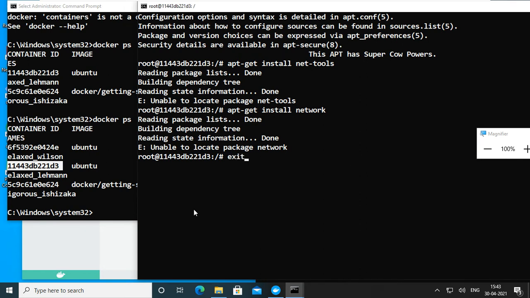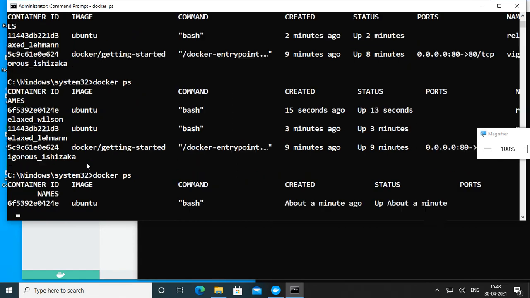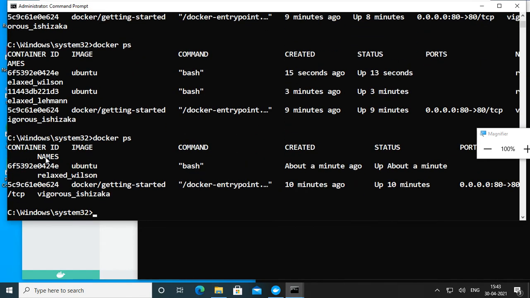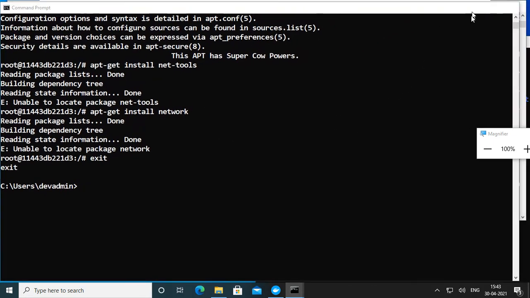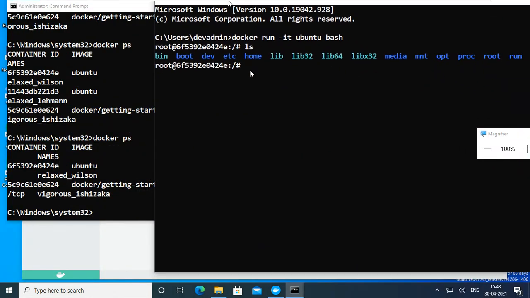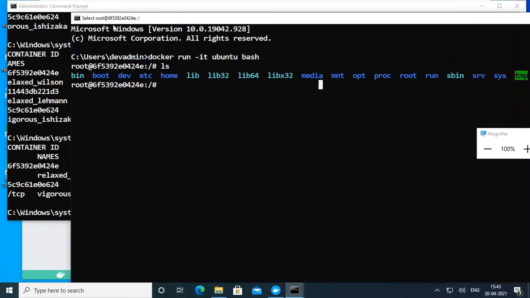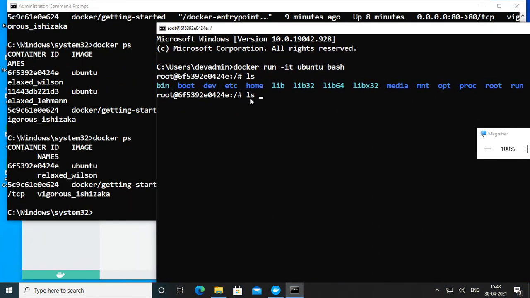Okay, so here I just exit from the container. Now it is not showing that image-related details, but still the container is there, still running, but we have exited from the container. When it is not active, it won't show in this one. So you have to be careful. This is one terminal, and this is another, still running. No problem, two containers we opened. Exit, then you are out of the container and in the normal terminal.